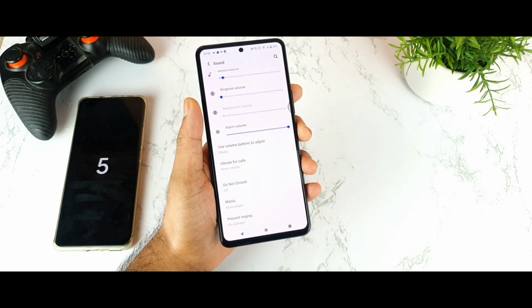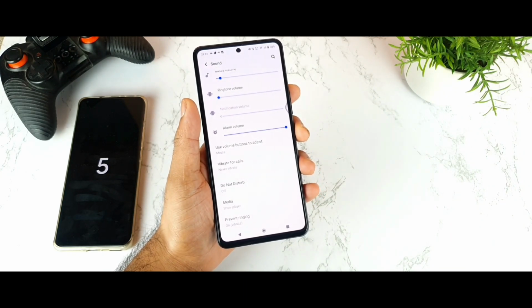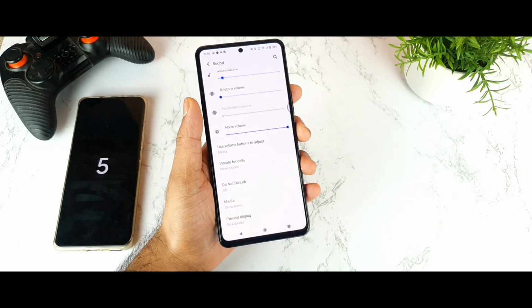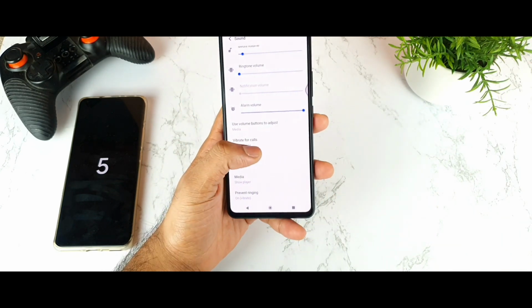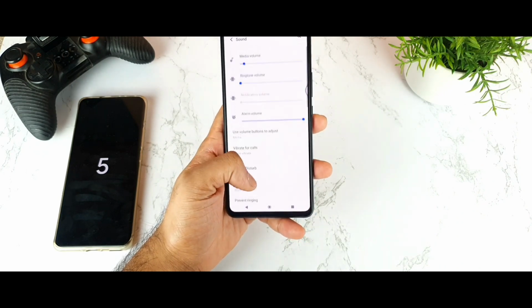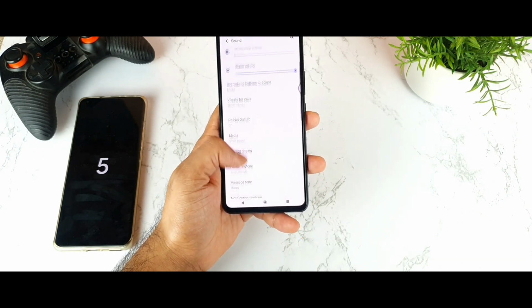And the fifth major change which we all are struggling with, not all, only a few users, is the green tint problem. Yes friends, hopefully the green tint problem should be fixed maybe with the next update, because this update did not fix it. I did a couple of videos on that particular thing as well, green tint after the update. So make sure to check those videos friends in case you're interested.